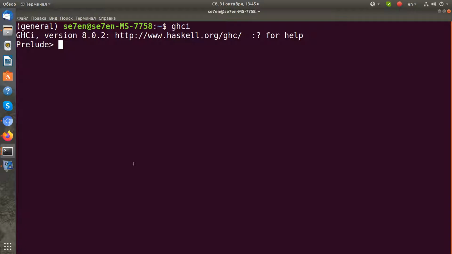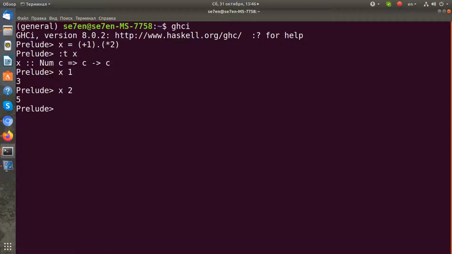For example, I can compose two functions, plus 1 and times 2, and I've got a new function, as we can see. It works just as expected. It multiplies 1 by 2 and then adds 1, sorry. This is okay, but